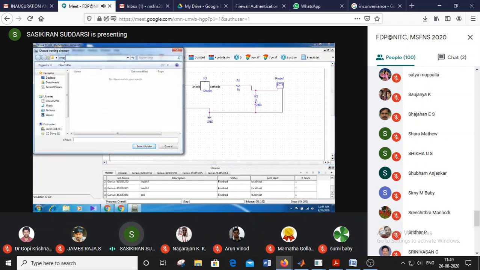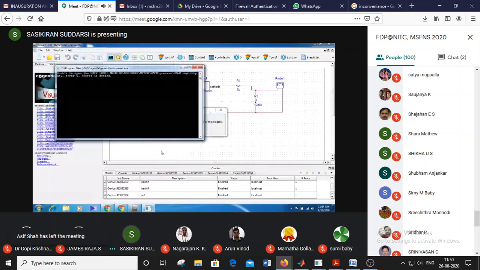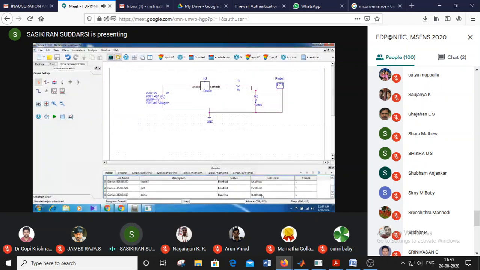So we will use that same folder, or we can use a different folder. So I'm using a new folder to select that simulation. So ignore this one. See, this is the latest submitted simulation.